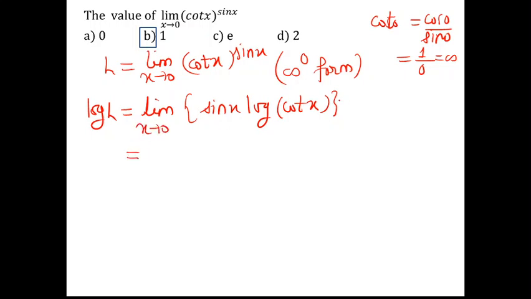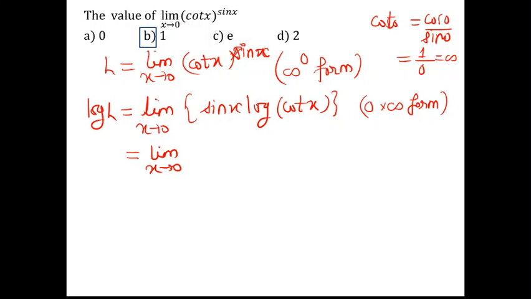Okay, now again we will check the form, which form we are getting. So here sin 0 is 0, and log of cot x, so cot 0 is infinity, and log of infinity is infinity. So we are again getting another indeterminate form, that is 0 into infinity. And as we know, in order to deal with an indeterminate form, it needs to be put first in the fundamental indeterminate form so that L'Hospital's rule is applicable. So what are the fundamental indeterminate forms? That is 0 by 0 or infinity by infinity. So I have to put this either in the form 0 by 0 or infinity by infinity.